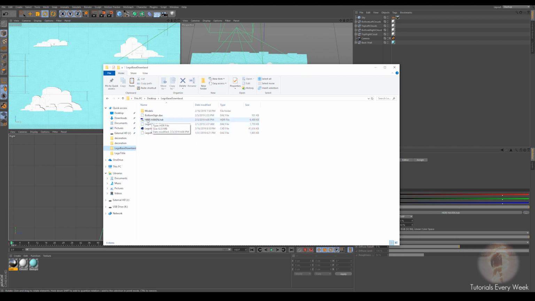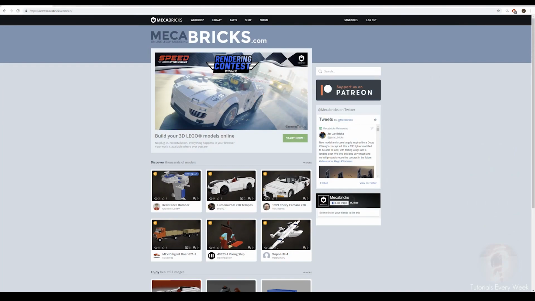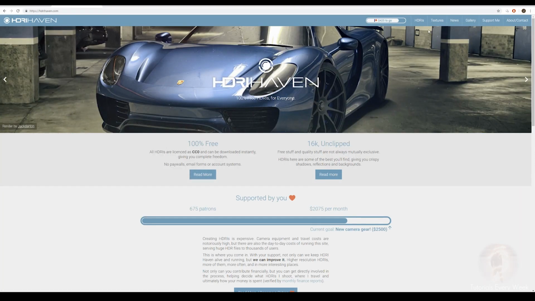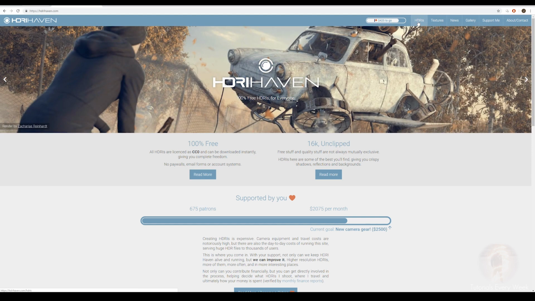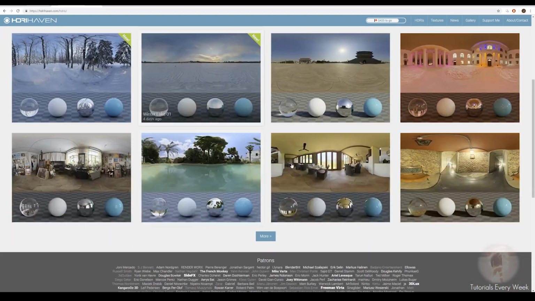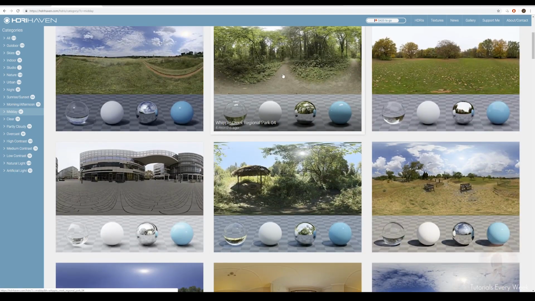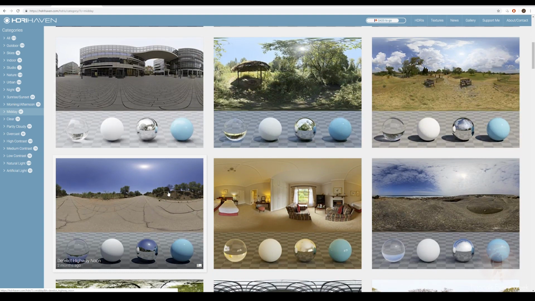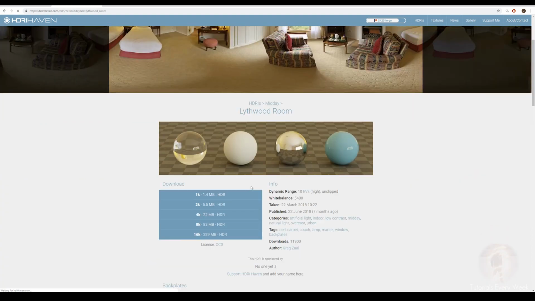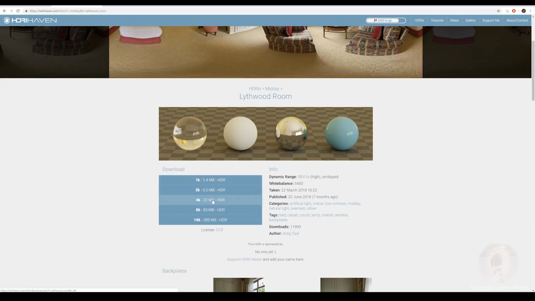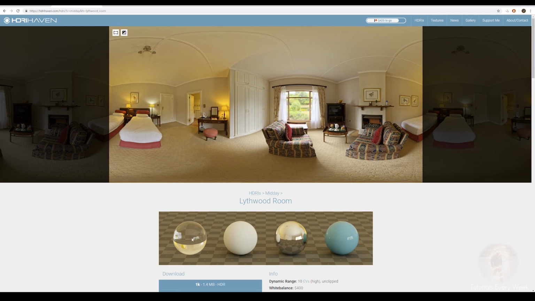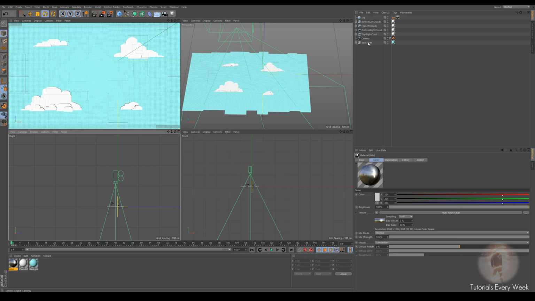This is the HDR, which is from HDR Haven, which I do recommend checking out. They have a few things here. This is their website. So if you come up to HDRIs, you can find one. If you don't like the one that's with the video, you can just find a different one. Say if you want a more indoor theme, and then just download any one you want. But yeah, there's that. So then if we jump back, Cinema 4D, this is going to be the template it